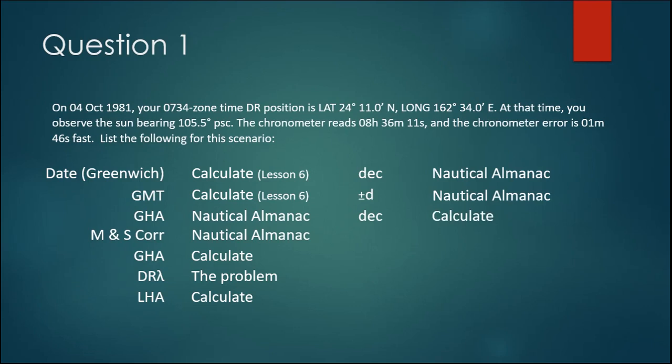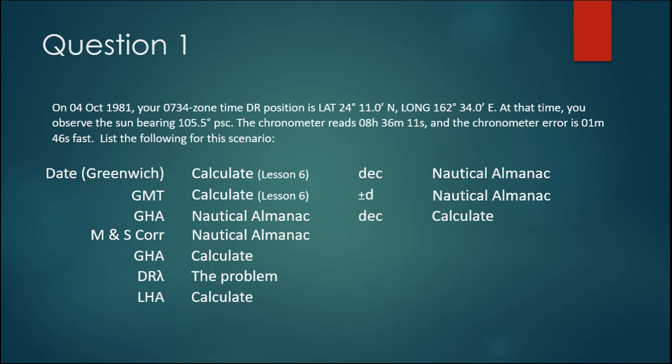You get that from lesson 6. And then GHA, that stands for Greenwich Hour Angle. Not gonna really go into specifics about what exactly the Greenwich Hour Angle is. There's plenty of stuff out there. You can look it up and find out exactly what that is. But for the purposes of this lesson, GHA is just something you have to solve the Coast Guard problems. You'll have an M&S correction, that's minutes and seconds correction. That also comes from the Nautical Almanac. We'll get into that. We'll apply that minutes and seconds correction to the Greenwich hour angle and get a regular